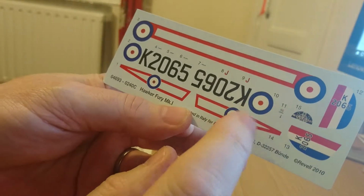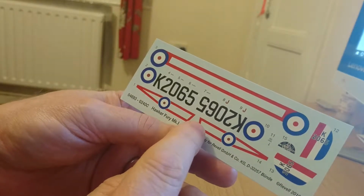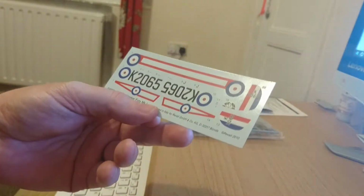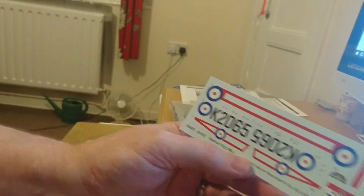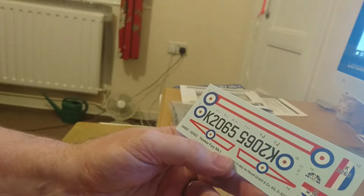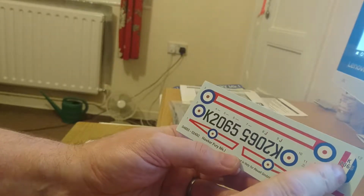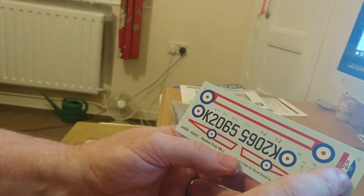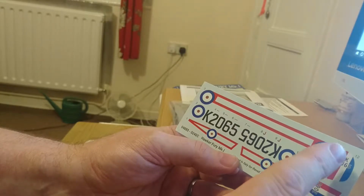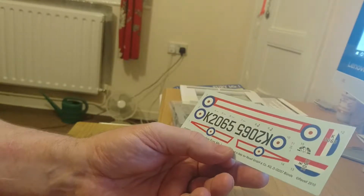It's quite nicely detailed, but I have a pet hate with all biplanes, and I probably would not be able to get round it with this one, because this one has got the aircraft serial number on the fin flash. And I really, really wish that model makers would make this transfer K2061 or 2065 as a separate decal, and then I could paint the fin flash in paint rather than messing about with the decal that's on there. What I might do